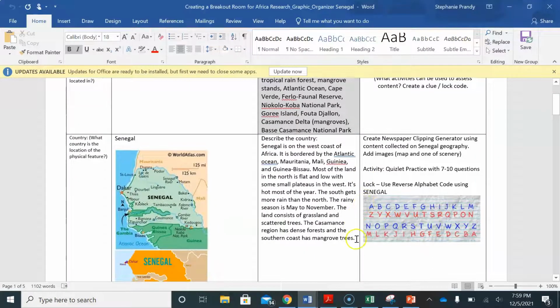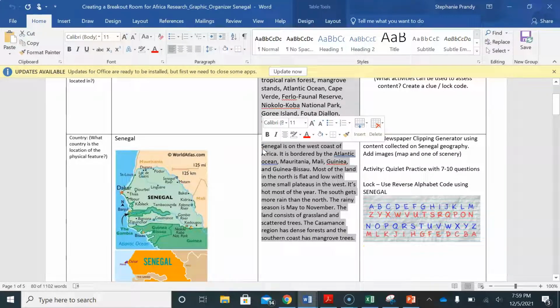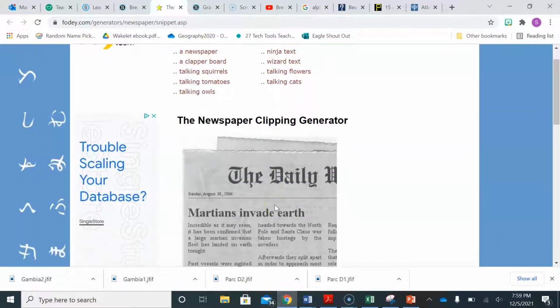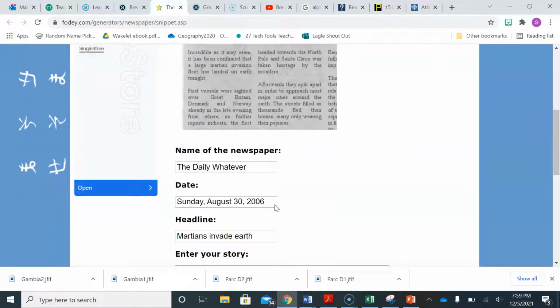Now, if you have done this like I have, make sure that these are my words and it's only the things that I want you to know, and it's everything that I want you to know. So I'm going to just come in and Control C copy, and I'm going to go into my daily newspaper clipping, and this is going to be the Daily Senegal. Okay, and I'm going to put my date as